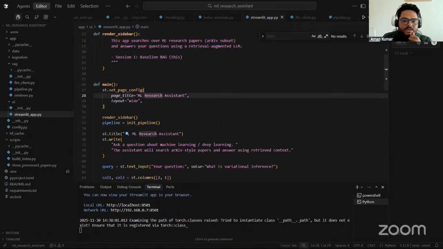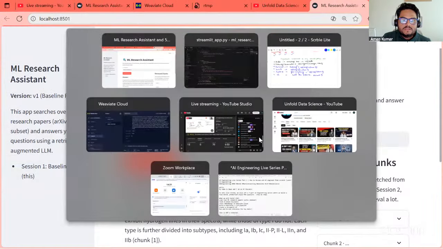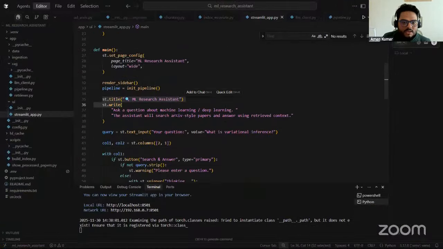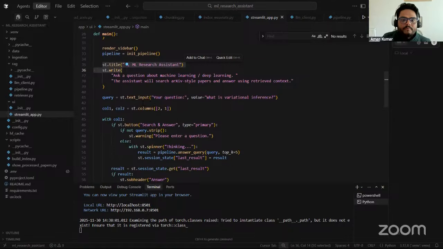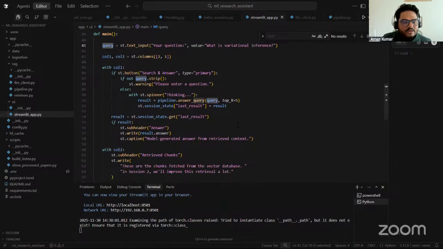ML research assistant is what you could see on the front end. The name, the page title, basically this one, ML research assistant. This is the title. Ask a question, this you can see. Then query. We are preparing the user query. We are stripping it and we are using this, you see here, pipeline dot